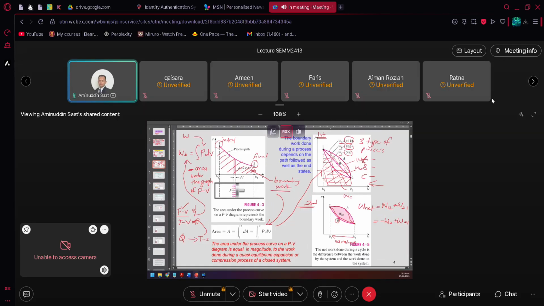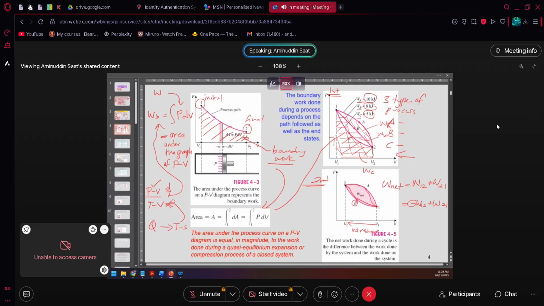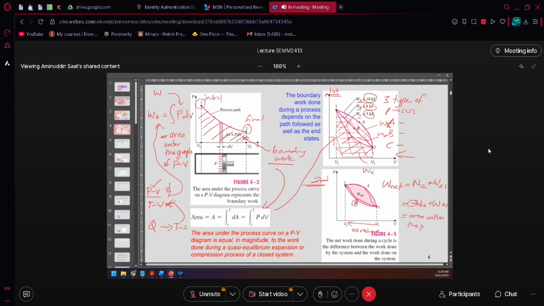So that's why I put negative here, because it is related to the compression. Why is 2 to 1 positive? Because it is related to the compression, expansion. So this will equal the area within the process, which is W net. So this is related to the process